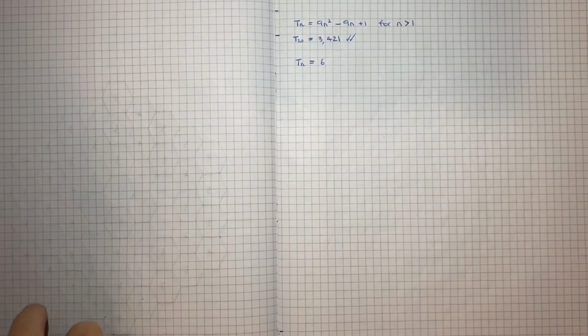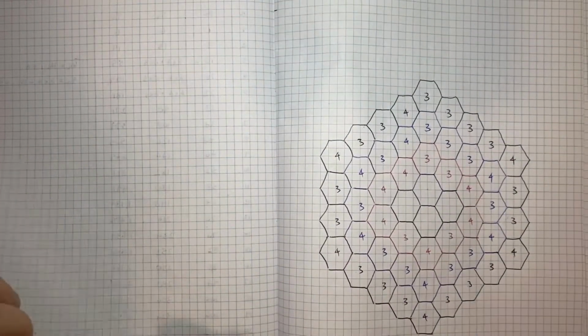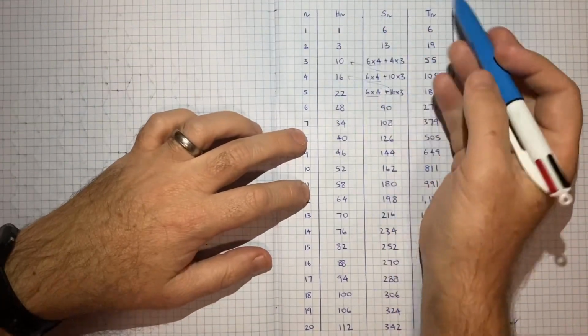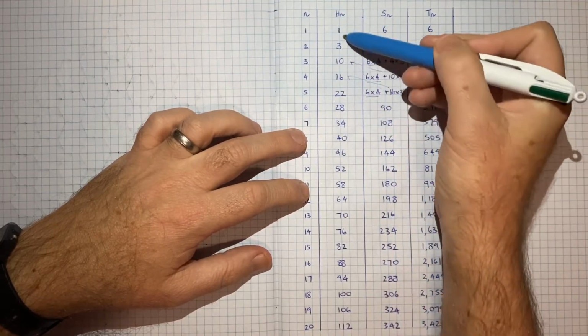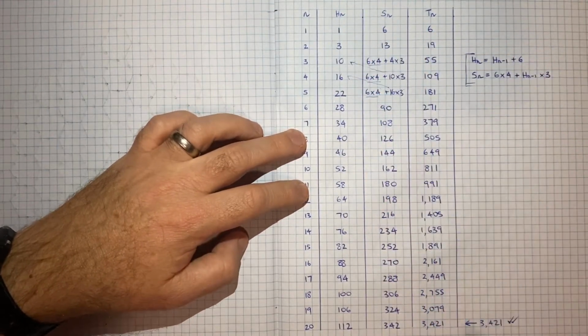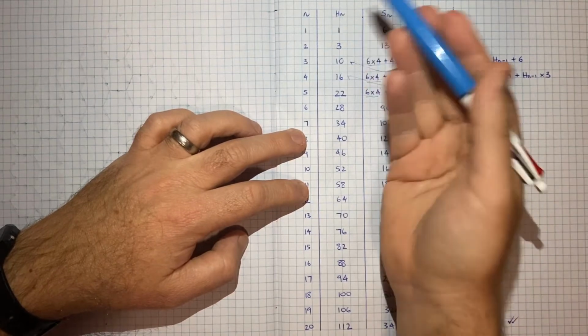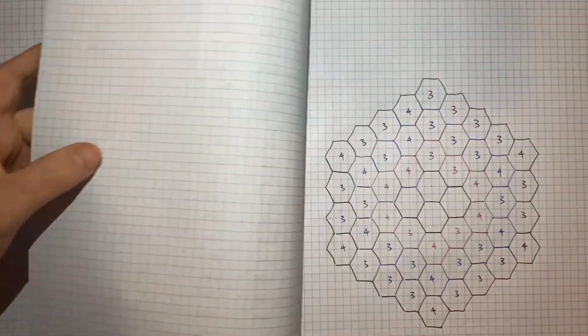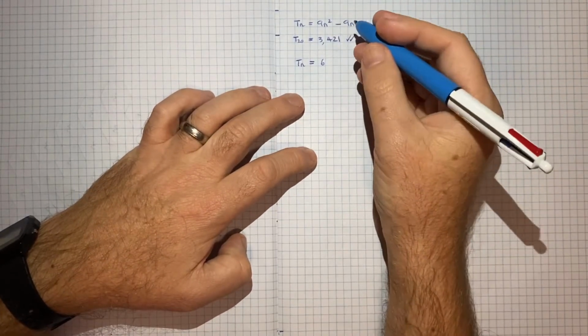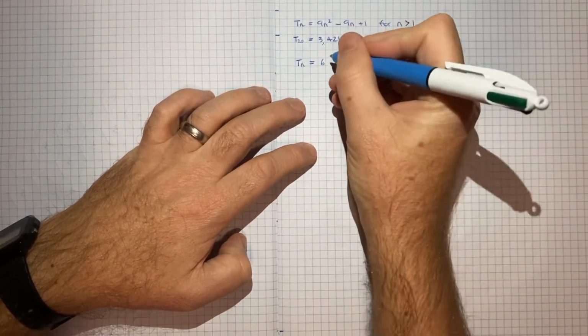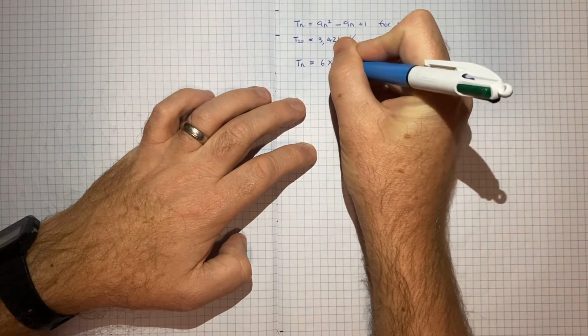If you've watched my other videos, you may remember for V's approach, I defined H_n to be the number of new hexagons at each expansion. So I can't really use H, I've already used that. So I might just use X to represent the total number of hexagons. So I'll call that X_n